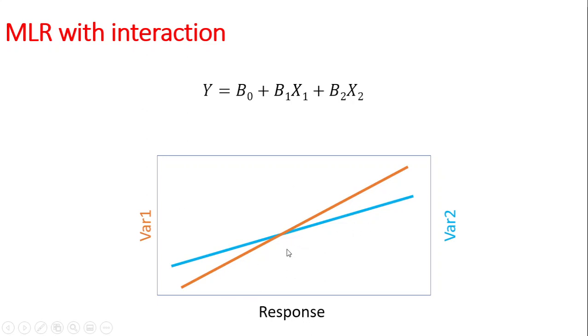So when you have such interactions, false or misleading conclusions can arise from your fitting model. So this must be accounted for when we are doing multiple linear regression. The way to account for that is by introducing another term which is a product of these two, which should account for the interaction. So now let's jump and see how to do the multiple linear regression by adding interaction terms.